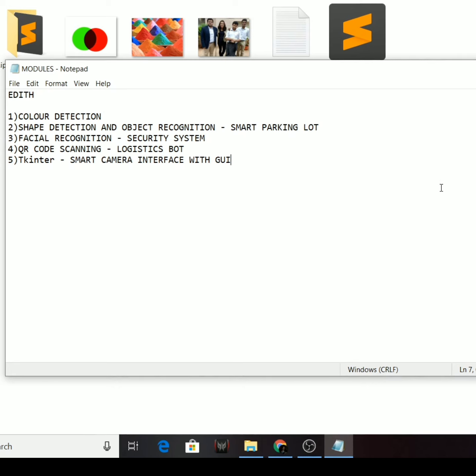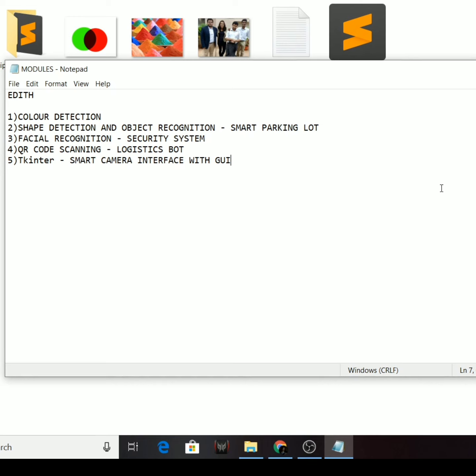So I have made this course simpler and divided it into 5 different parts. And we'll be releasing videos each week. So in the first week, we'll be learning color detection. We'll start from very basics, from importing the library, and we will learn all the basics in the first week, and at the end of the first week we'll be learning how to detect colors, like how robots can identify between different colors.